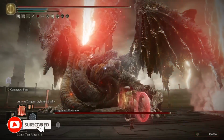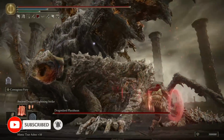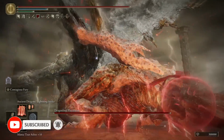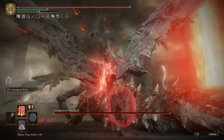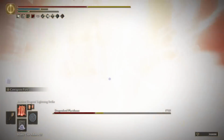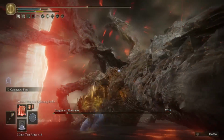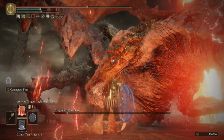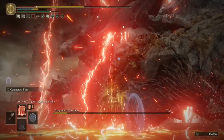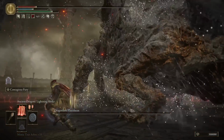Ladies, gentlemen, and tarnished of all ages, how do you feel about lightning? Yeah, it's cool, right? Well, what about lightning that also is red? And what if that red lightning was capable of dealing over 23,000 damage in a single cast? That's right, today we are revisiting Ancient Dragon Lightning Strike with some slight change up due to the balancing in